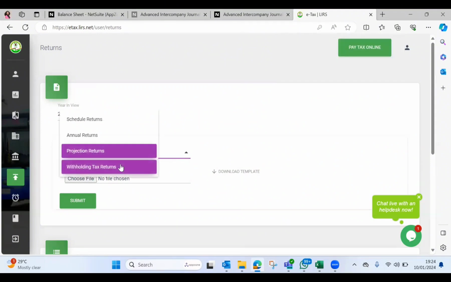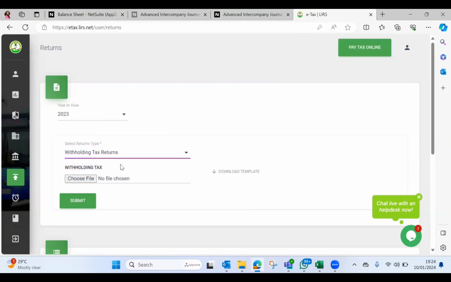The next one you have is the withholding tax returns. So let's say you deducted withholding tax from some of your contract staff or some of the people that worked with you. Let's say you had enterprises that worked with you in a particular month during the year, and you deducted withholding tax from their invoices. You need to now file for them, right? You must have paid that withholding tax, but you need to come and show us. You come here, download the template,